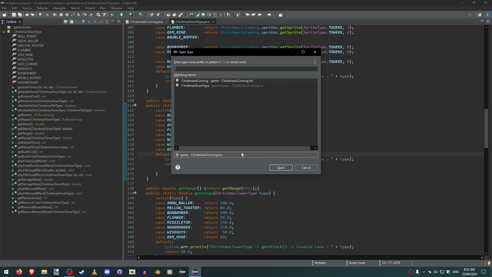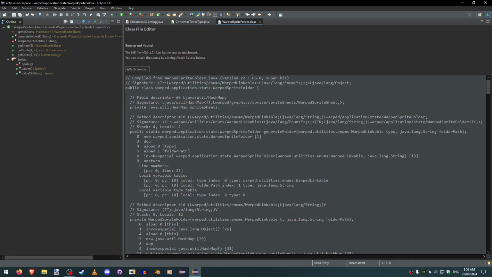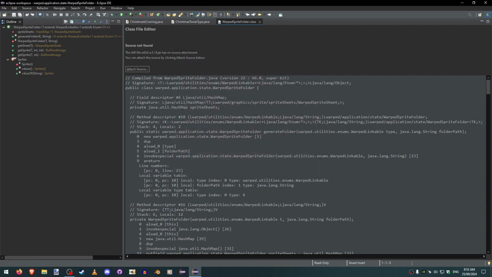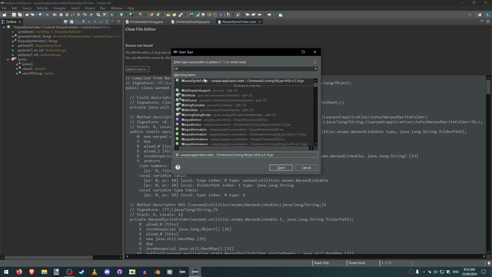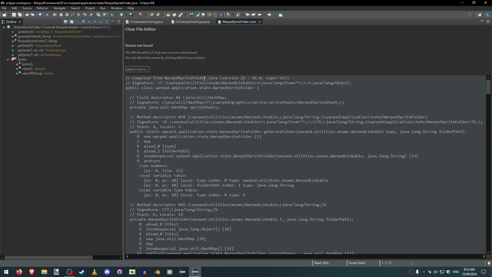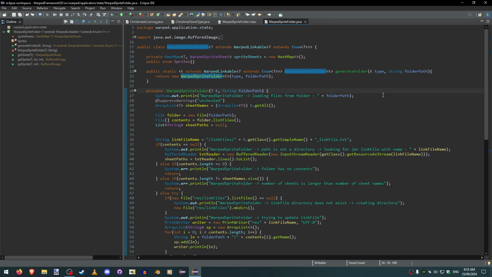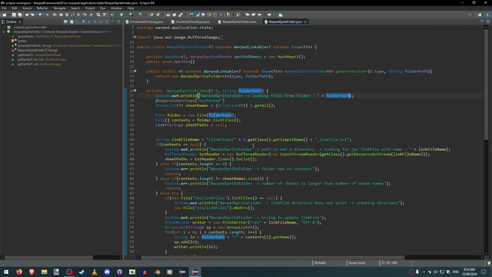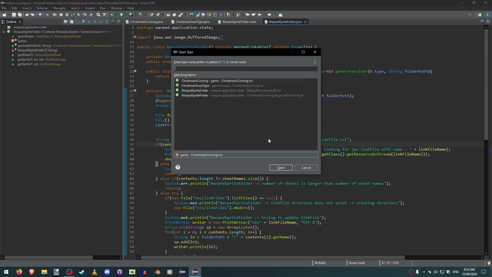Sprite folders. Which is not attached because we're looking at a game. Right, so let's look at the actual library. Select the wrong one. Warped sprite folder down here. So this class here, which I took a couple of days getting set up. There was a few little nuts and bolts that needed to get worked out, but this